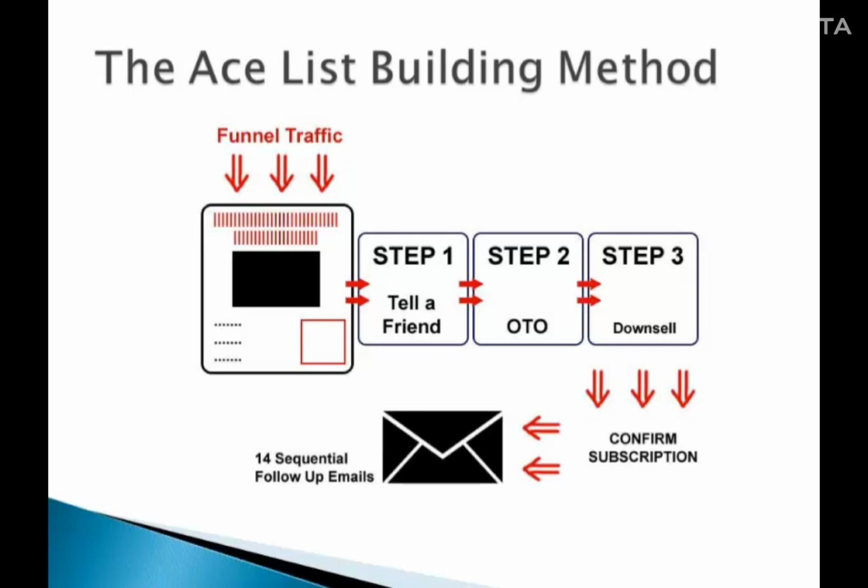Regardless of his choice, he hits either buttons and goes to the Step 2 page, which is a one-time offer page. This is your first chance to make your buck from the new visitor. The one-time offer must strictly appeal as special, offered only once through that page, and cannot be available anywhere else. He may choose to buy the one-time offer, or OTO, at this point, or passes it up. If he buys, good, you make a sale. If he doesn't, don't worry. He clicks away to Step 3 page. He will arrive at this page regardless of his choice with the one-time offer.